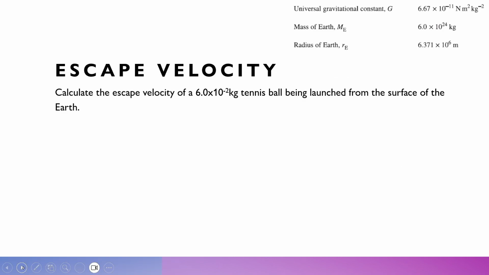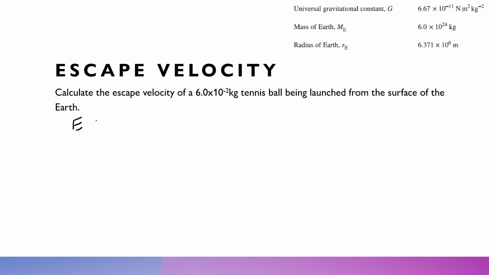In our final question for today, we are looking at escape velocity. We're being asked to calculate the escape velocity of a 6 times 10 to the negative 2 kilogram tennis ball, which is being launched from the surface of the Earth. Now, it would be convenient to remember the escape velocity formula. However, we may not have that in our memory banks. The one thing that we do need to remember, regardless of whether or not we actually recall the formula, because this concept is actually quite important to questions that don't just require a plug and chug of the numbers, is that we need to be running with the assumption that